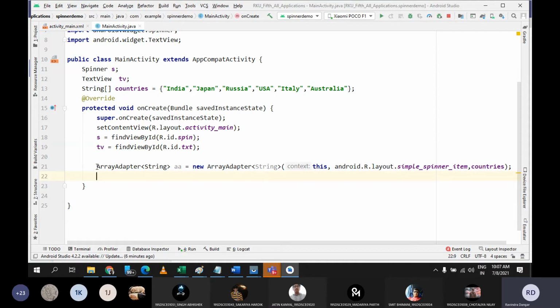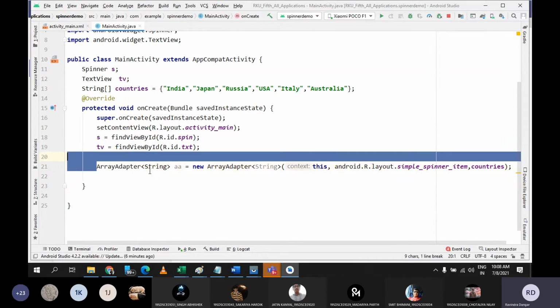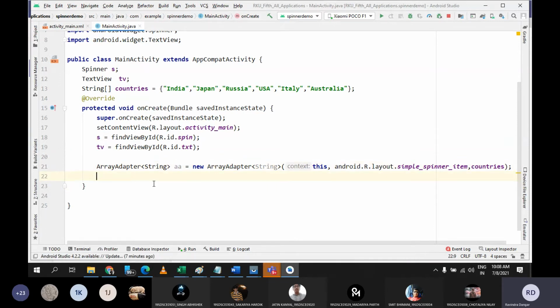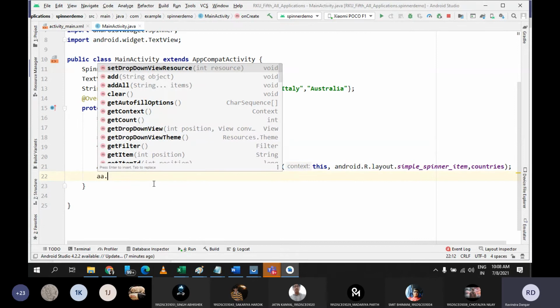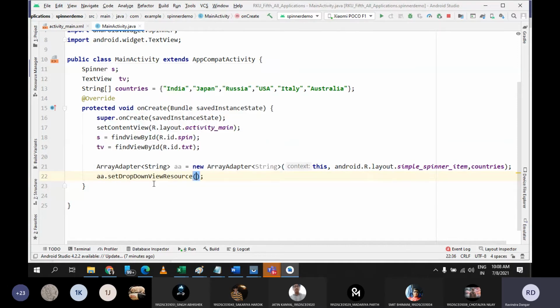The method which I am talking about is of this class, ArrayAdapter, and we know that whenever we want to access the methods of any class in Java, what do we need? Correct. We need an object. So we have the object of ArrayAdapter, which is a. So I can access all the methods of ArrayAdapter using this object a. I can write a dot, and you can see the first suggestion I'm getting, which is setDropDownViewResource, and this is what I am talking about. You need to use this method, and here also you need to set your pattern.